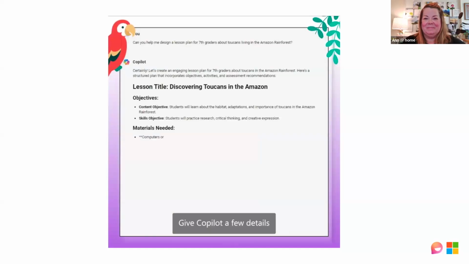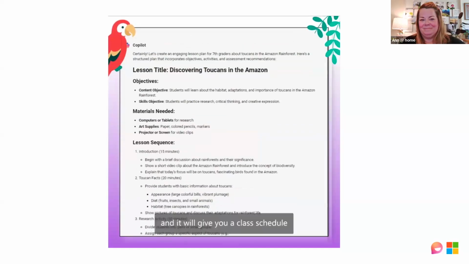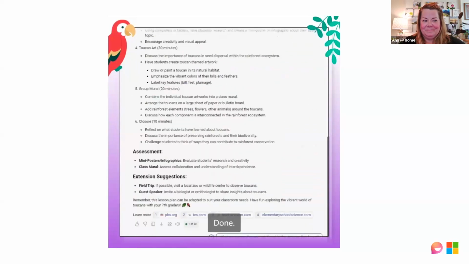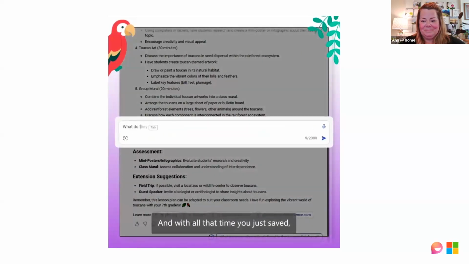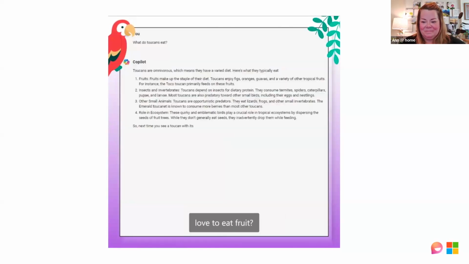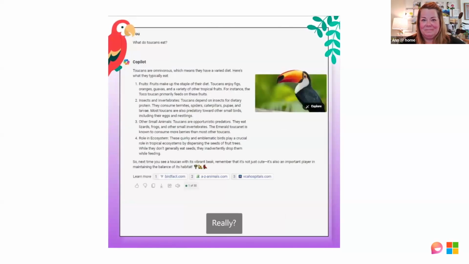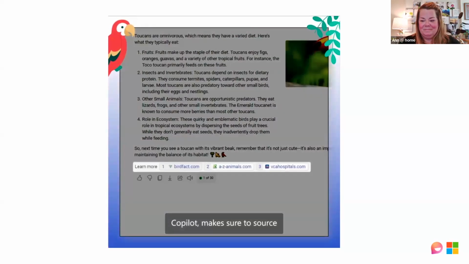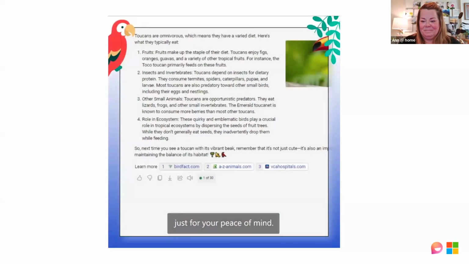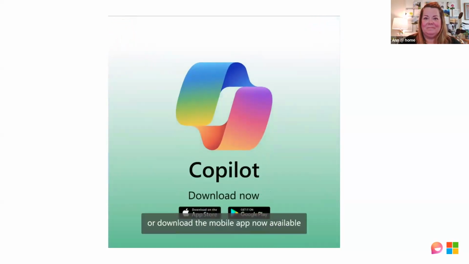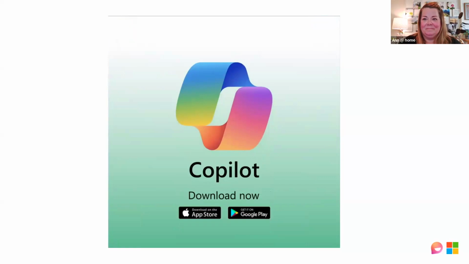Give Copilot a few details on what you're looking to include, and it will give you a class schedule and a breakdown of your talking points. Done. And with all that time you just saved, maybe you get a little curious. Did you know that toucans love to eat fruit? Really? Let's check that. Copilot makes sure to source all of its information at the bottom of your conversations, just for your peace of mind. Check out Copilot today, or download the mobile app now available for iOS and Android.